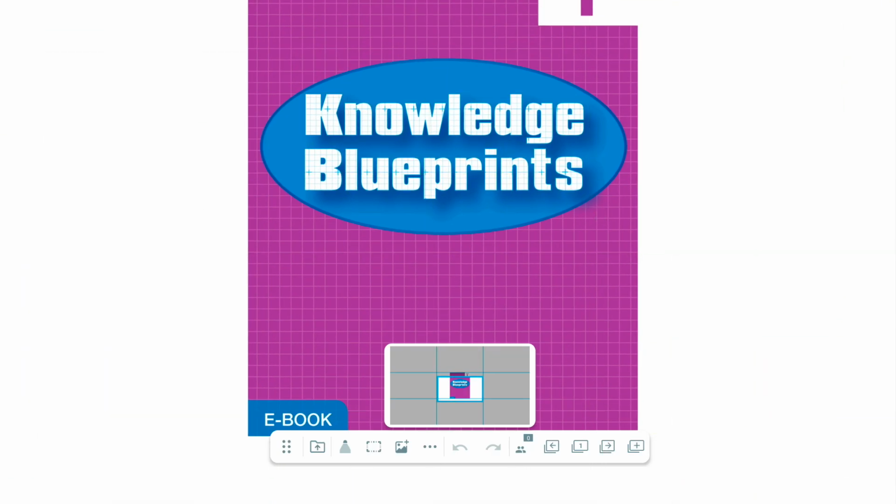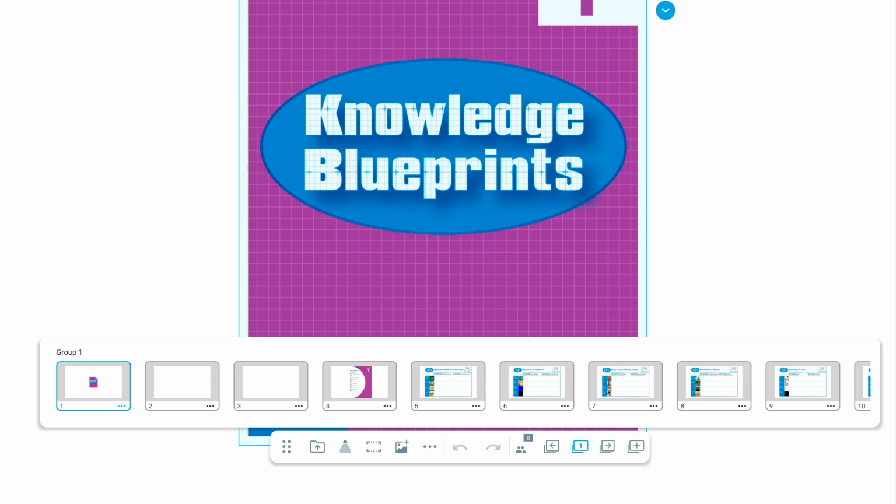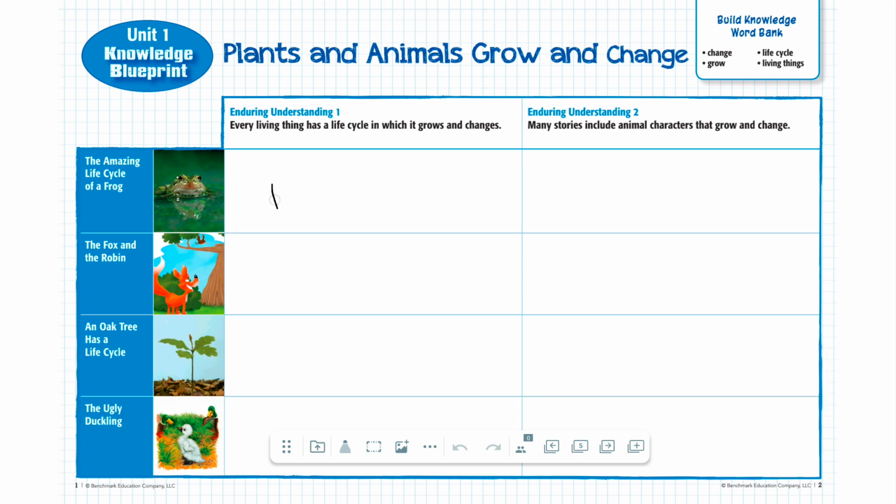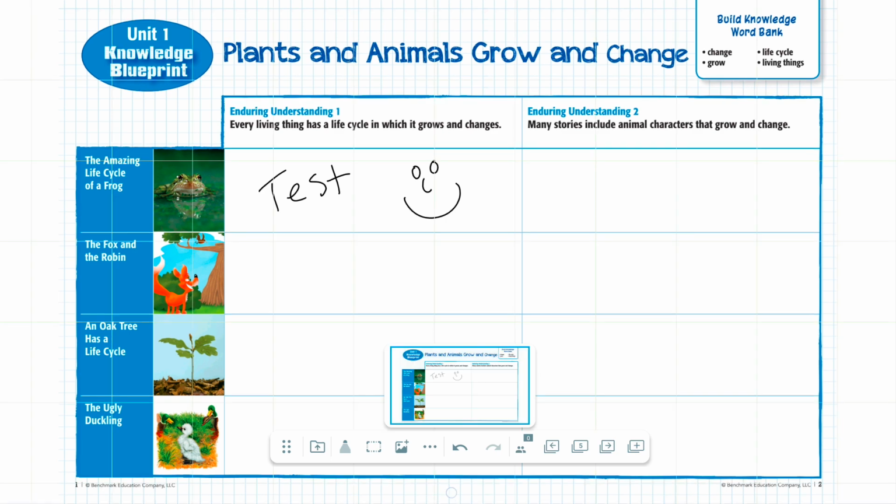So now that you've got the file downloaded, you can open it up and navigate to whatever part of the PDF you want to annotate on, and you can begin to create your annotations right inside of the file. What I really like about downloading PDFs this way is that it creates a copy of that PDF for you. So I can come in and annotate over the top of it, and that will save my writing for me. And what's really nice is that the next time I want to come in and add content to my screen, it's going to open up the same file for me